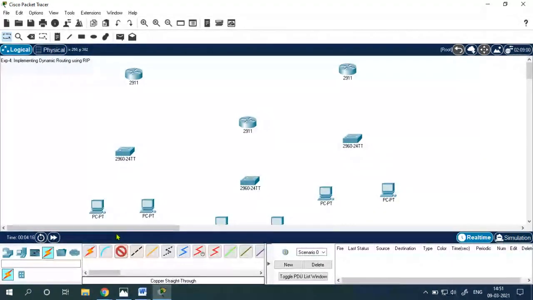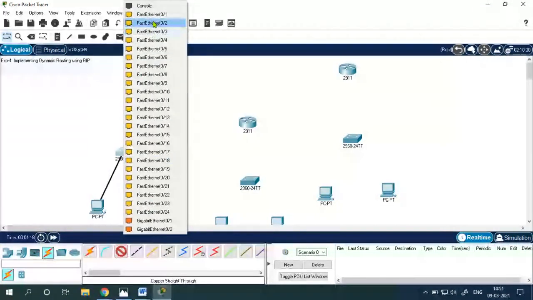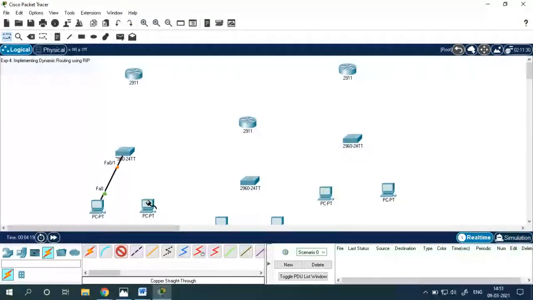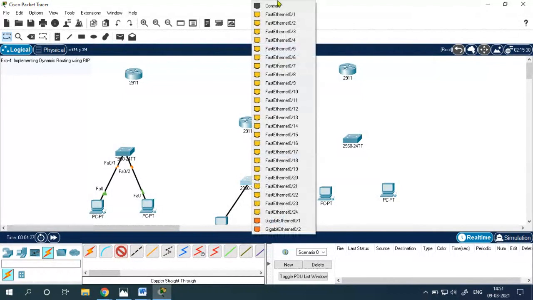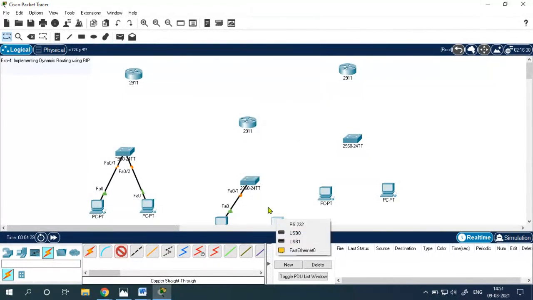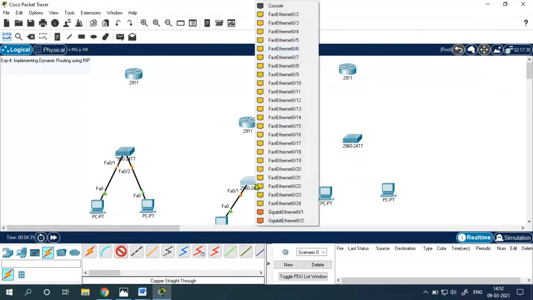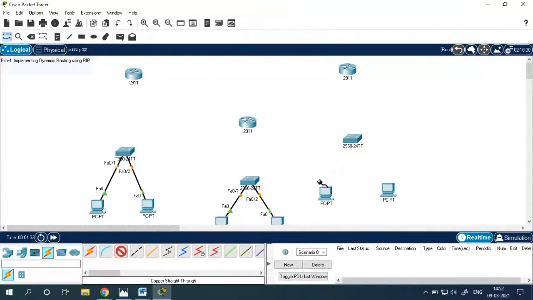This PC is hooked up with the switch. Now second PC, let's hook up with this switch. This PC, this switch number 2. This PC, this switch. Now let's connect this PC with the switch.